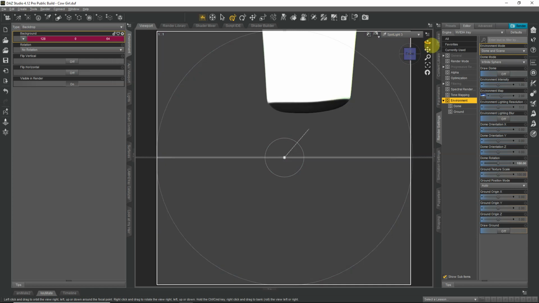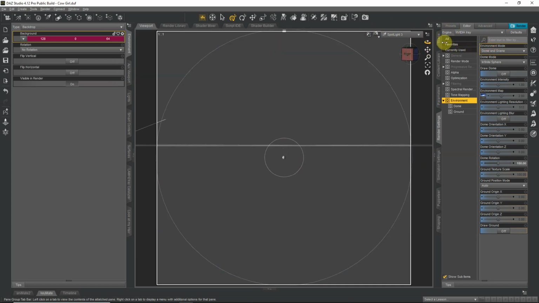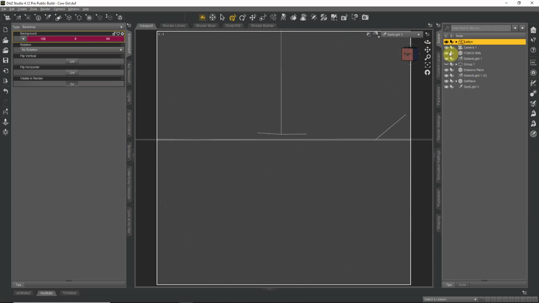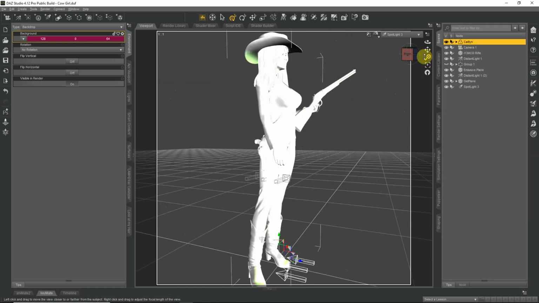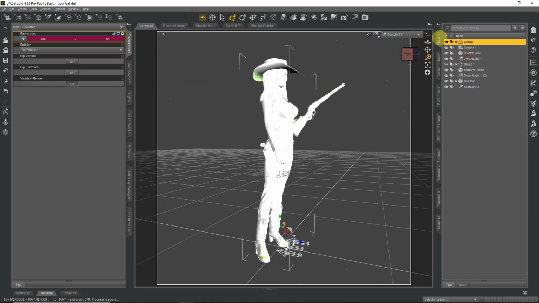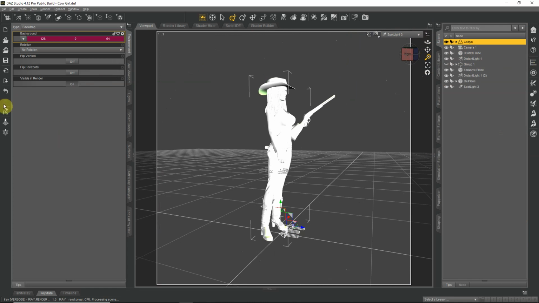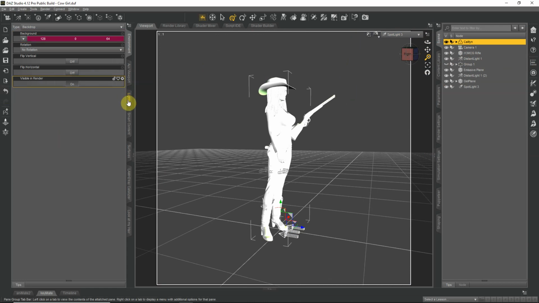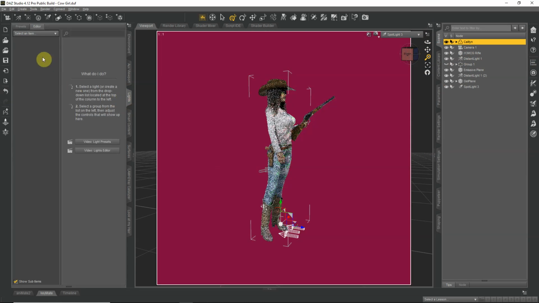Let's aim at her. There we go. Let's back out a little bit. I don't want this light to overpower the gel light. So let's go in the light, the spotlight. Let's change the color. Let's give it a